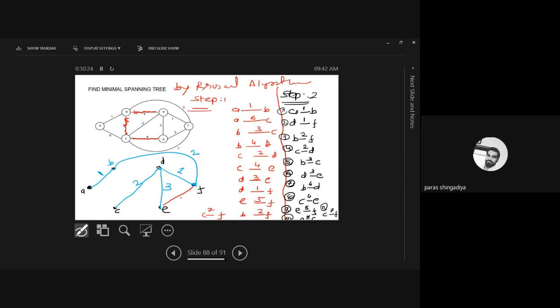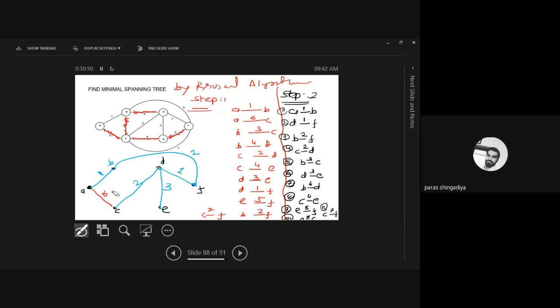So if we include this edge, whose weight is a 5, it also creates a closed walk here. Therefore we'll skip this edge in this graph. Then after that, A to C, whose weight is a 6. It also creates a closed walk by using this vertex, that completes a closed walk that you can easily see.